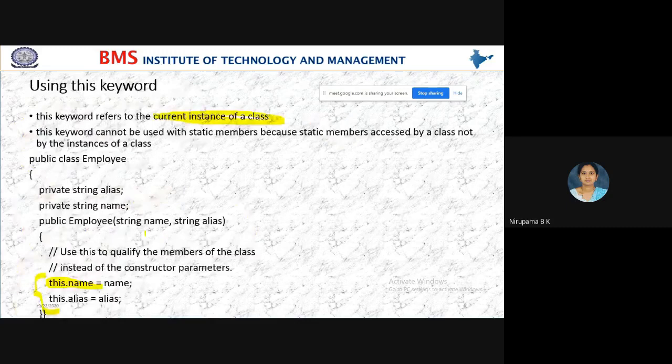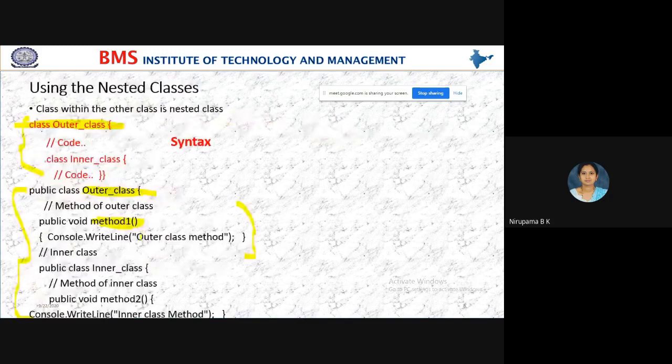So my outer class methods and inner class. Within this class only I have one more class. See students, the outer class brace I have not closed. Here I have opened, and here is the opening of method 1, and still I have not closed this outer class method.